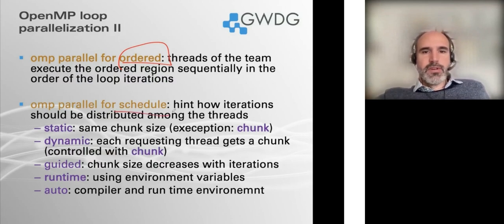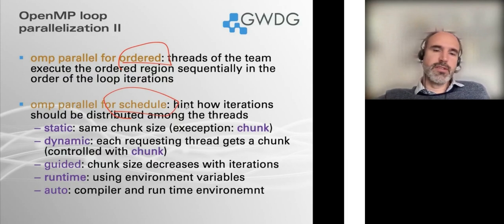If you have OMP for schedule, the clause schedule, that's what we discussed before the lunch break. You can hint first to the compiler and the runtime environment how the iterations of the loop can be distributed among the threads. We have here 5 different possible keywords for the schedule. The first one is static, meaning that